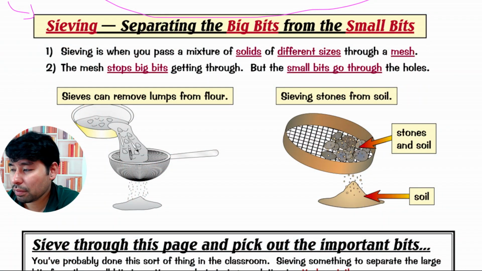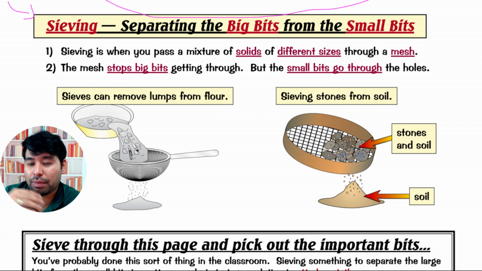So, again, sieving is when you pass a mixture of solids of different sizes through a mesh. Number two, the mesh stops big bits getting through. So, because the mesh, like, yeah,